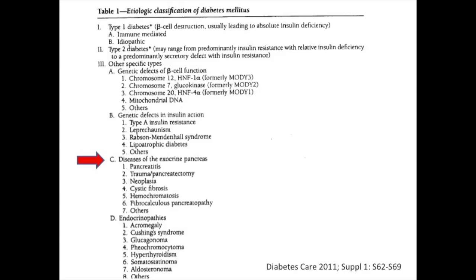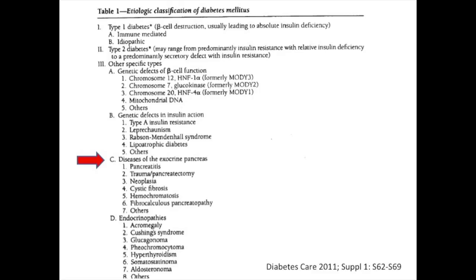Type 1, as we all know, type 2, as we all know, and then type 3 means anything else, basically. It means secondary diabetes. That's not exactly true. Type 4 is gestational diabetes, and people don't use that term when they talk about gestational diabetes. But type 3 is any other form of secondary diabetes, which could be drug-induced diabetes, it could be diabetes due